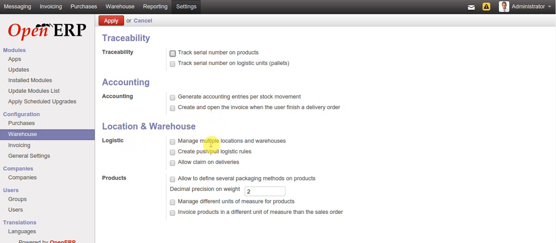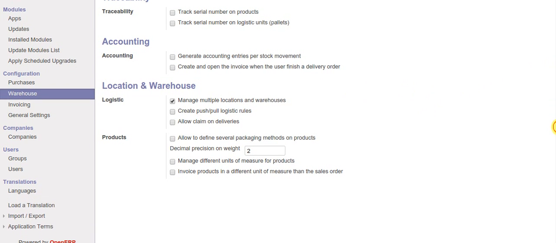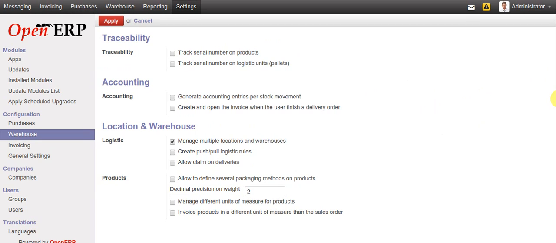Here it says manage multiple locations and warehouses. So we need to have that checkbox ticked, because that's very key. We need multiple locations and warehouses so that we can explain the concept that was described in that first video. So I'm going to click on apply